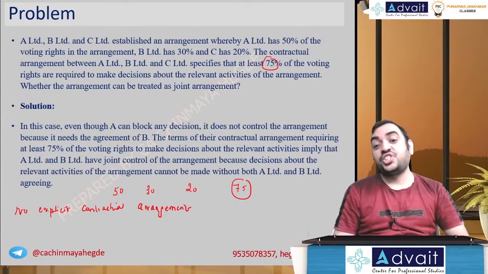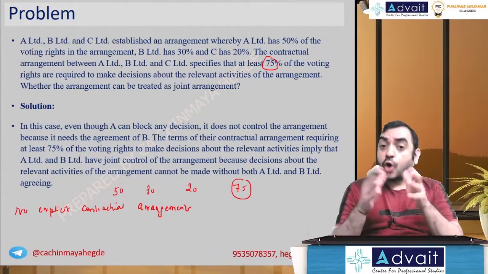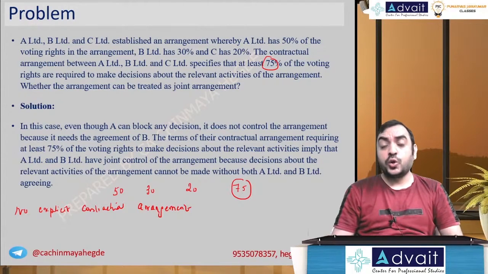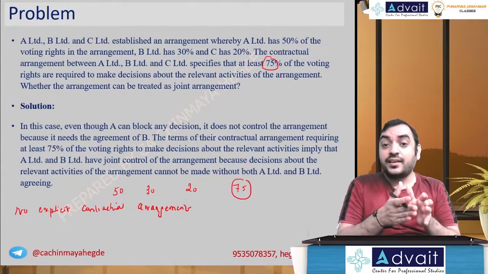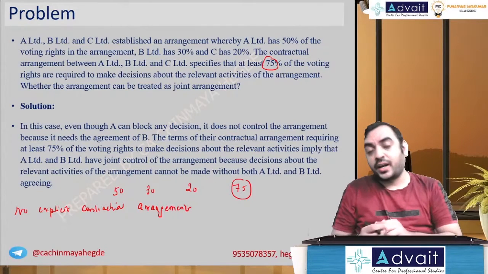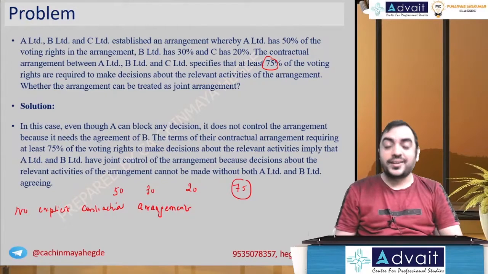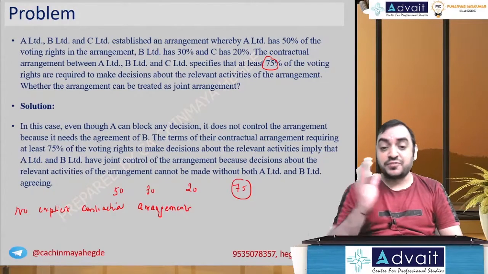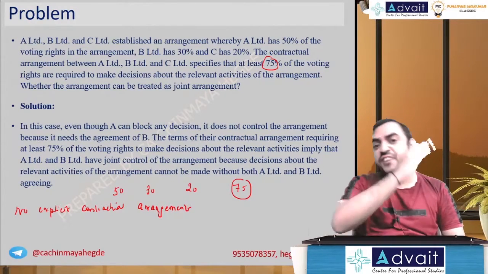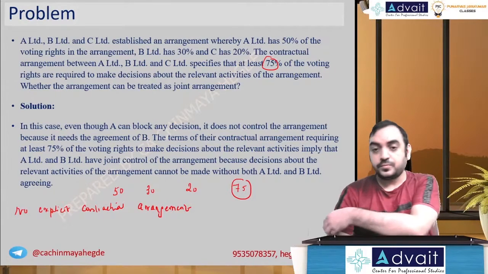Is there an implicit joint control? Okay, how can we say whether there is an implicit joint control? Whether one party can stop another party, or one party's consent is definitely required. Look at the share percentage: 50, 30, 20, and 75% is required. Now,